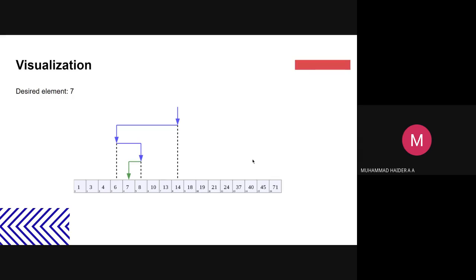Oh yeah, by the way, I'm sorry I didn't mention it, but for this algorithm to work, it is very important that we sort the list first. So as you can see, it will first begin at the middle of the array, and if the desired element isn't the middle element,